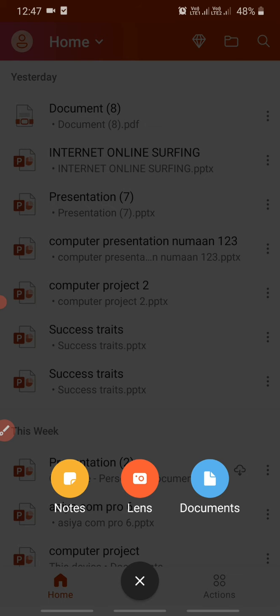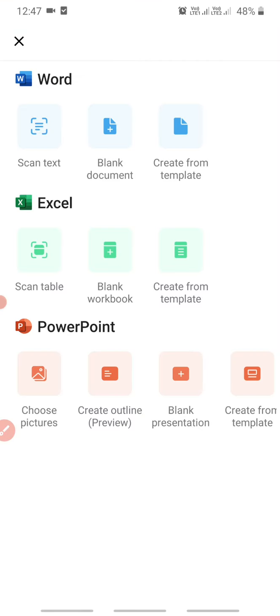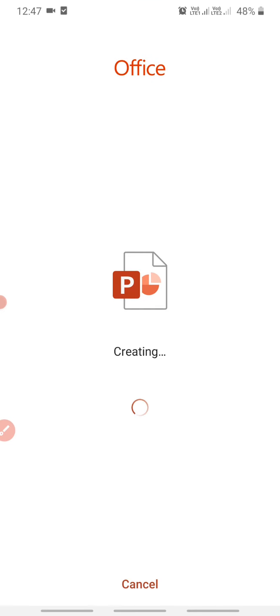As soon as you click on plus button, you will get three options. Select documents. After selecting documents, you can see PowerPoint presentation. You can either make from blank presentation or you can also create from template. So if you are online, create from template option will be shown to you. If you are not online, we can make from blank presentation and afterwards we can include the design. So we'll create from blank presentation so that if you are working offline also, you can know how to create.